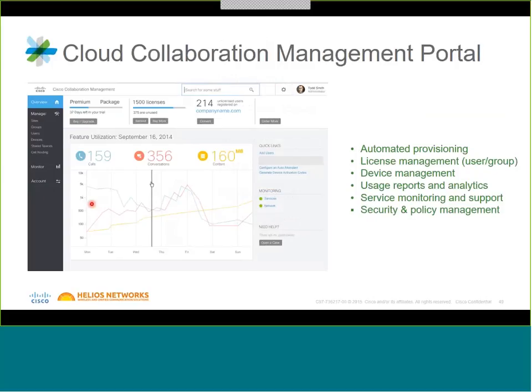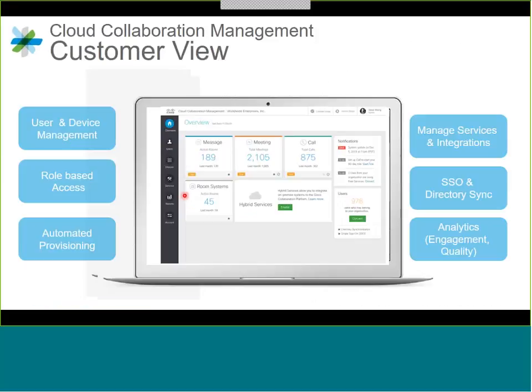So you can see here in this scenario, 159 calls were made already, 356 conversations, so that's rooms, and there's 160 meg worth of content in all the rooms. Pretty impressive. And you can start to see what people are using the rooms, and you can manage the people in the rooms. You can create licenses, remove licenses, and add room-based telepresence and stuff like that.